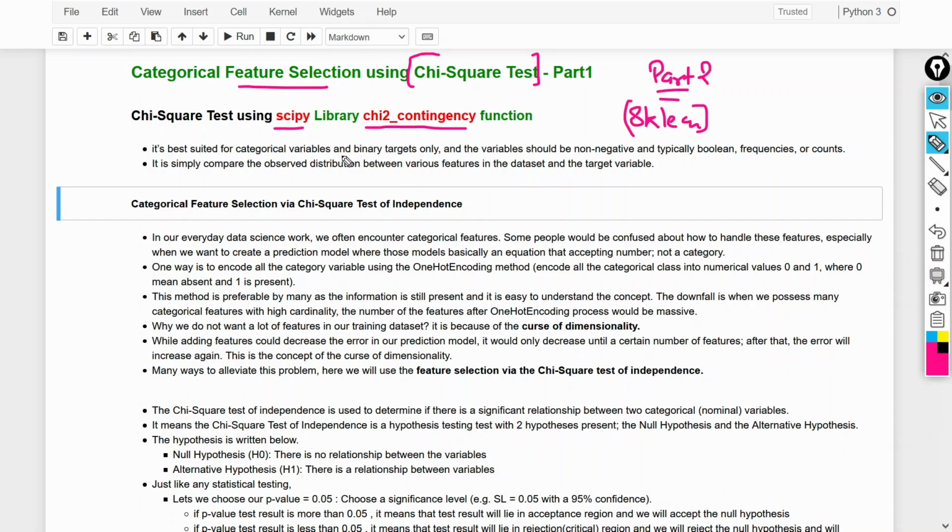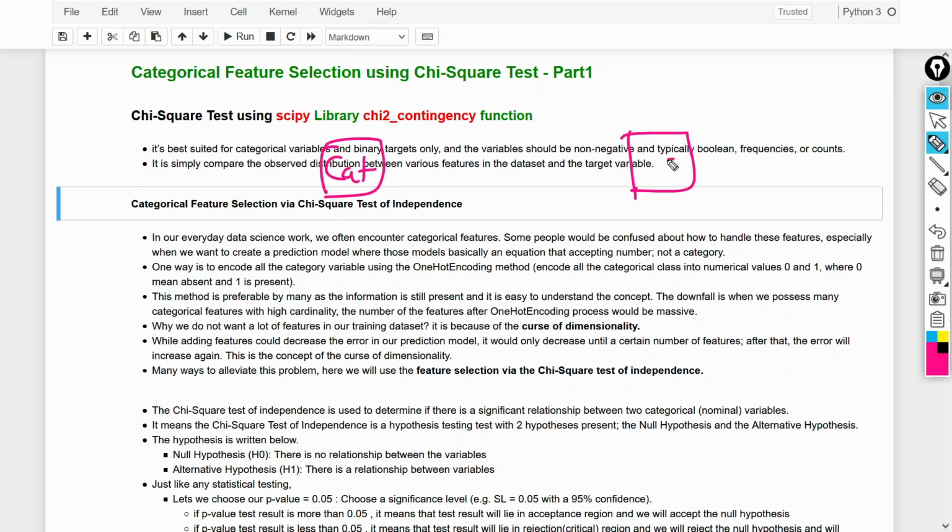So let's understand what the chi-square test is first, then we will perform the feature selection with the help of the SciPy library. I have some variable. This is my categorical variable and this is the population. If we want to check how closely my categorical variable matches this particular population, I select some samples, and in the samples I have one categorical variable.